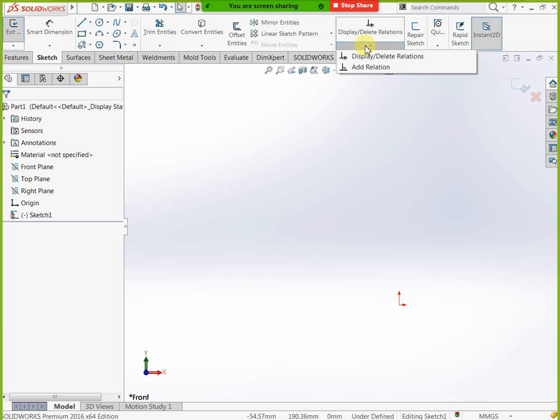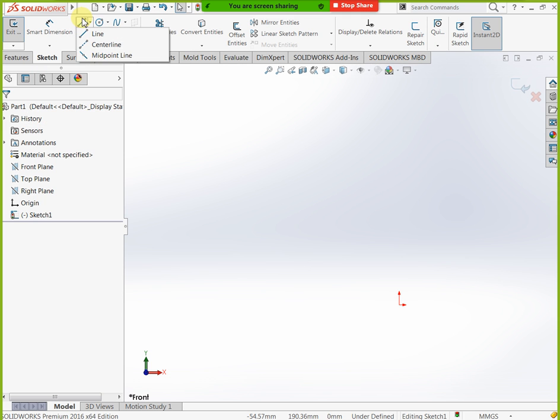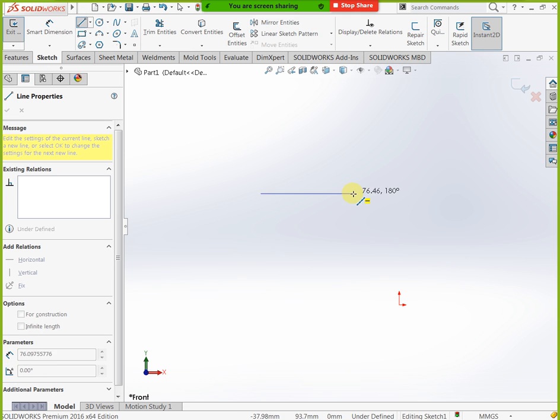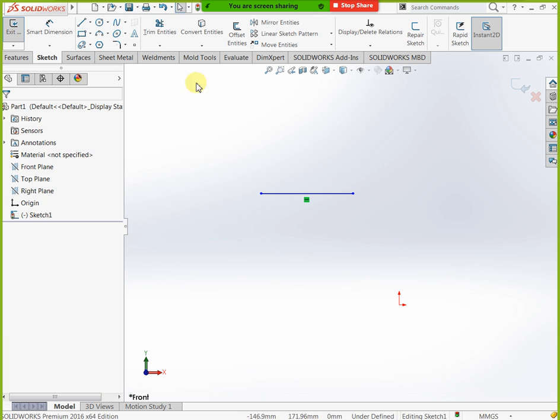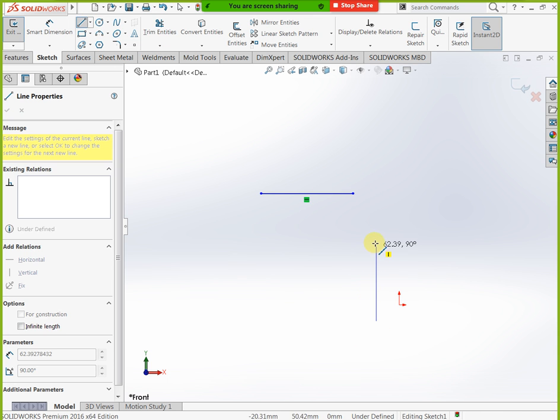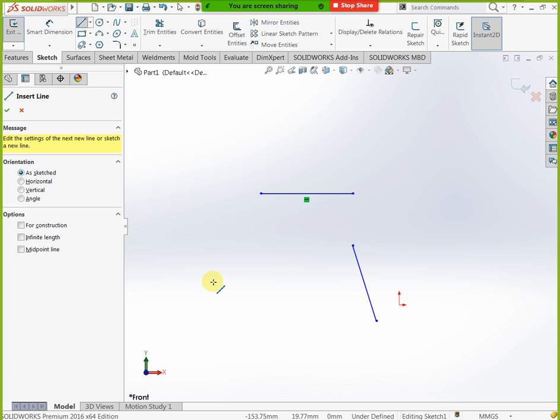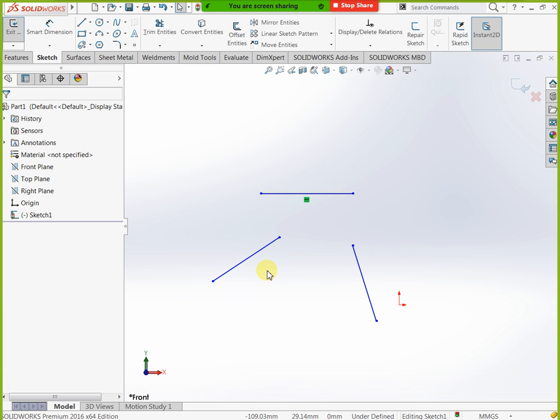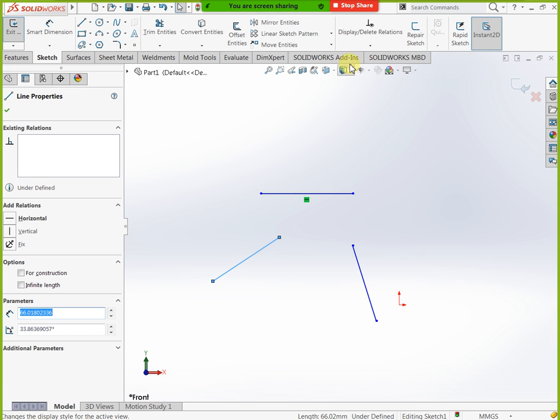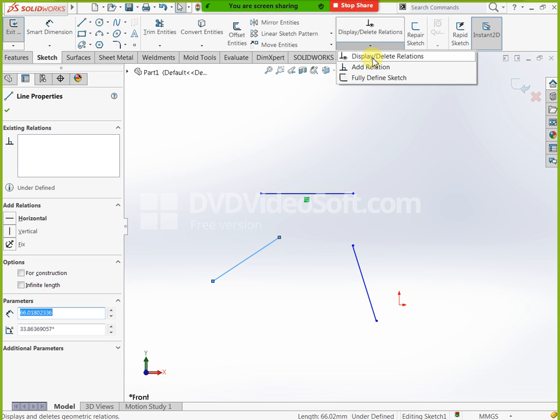How means, just you can see this is our profile. Okay, and you can take one more profile here like this, and you will mention one more profile like this. For example, these two are inclined lines. This line I need to convert into horizontal, this line I need to convert into vertical. Now select this one. Display or delete relations you can select. Okay, we don't have any relations, just you can see.